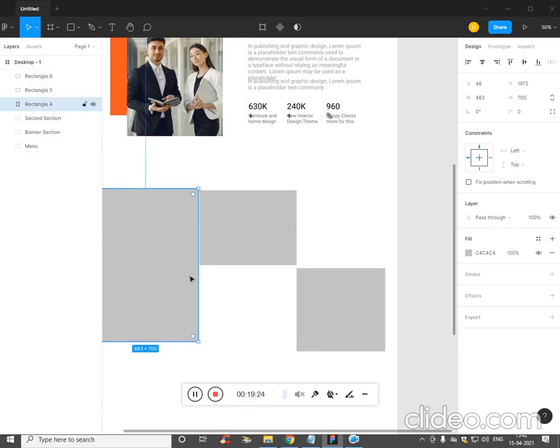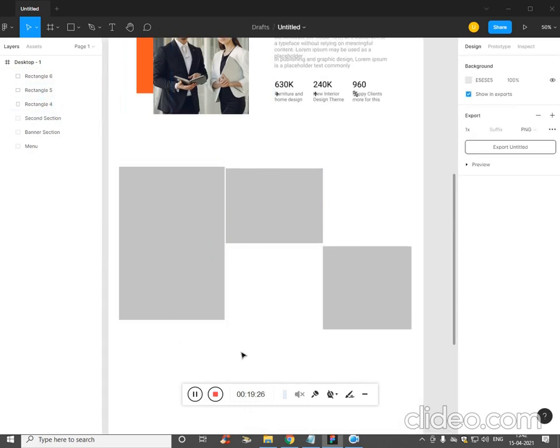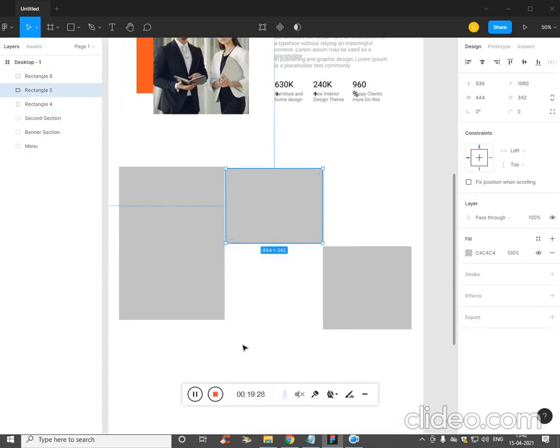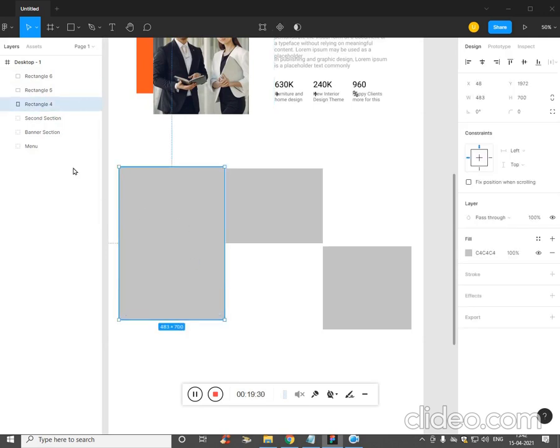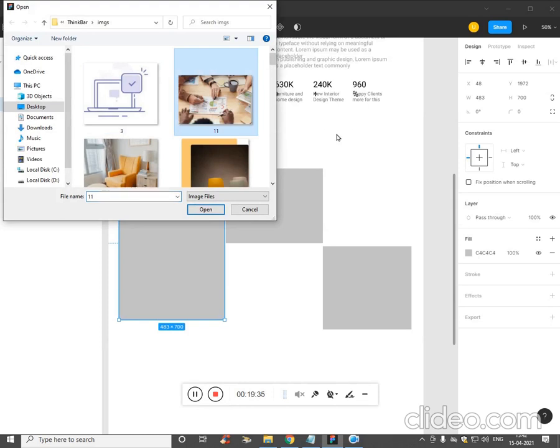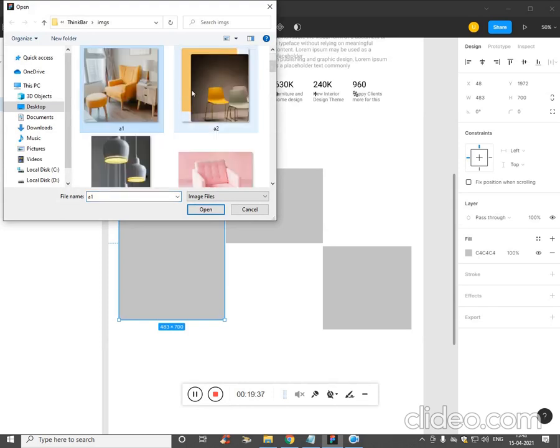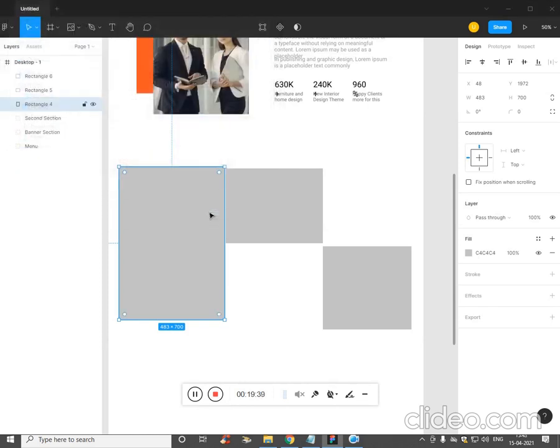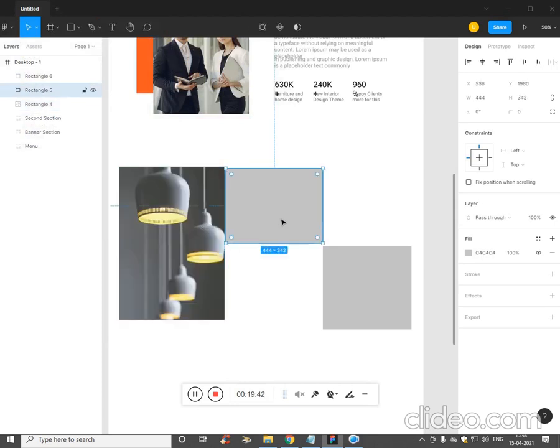Now select these, now place the image, A3 will come here, and this will hold A4.